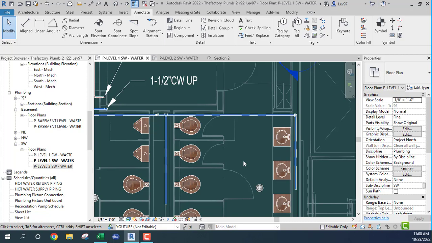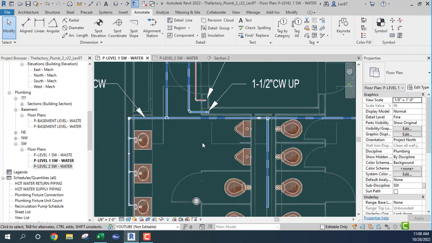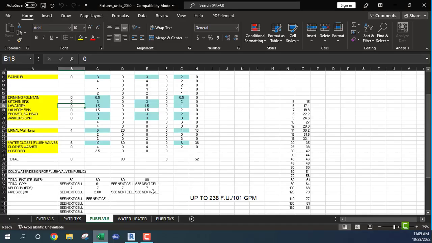The other part is designing how the system will work using Revit. So let's do that. What I'm going to do, or what you should have at your disposal somewhere, because it's going to be a constant throughout your